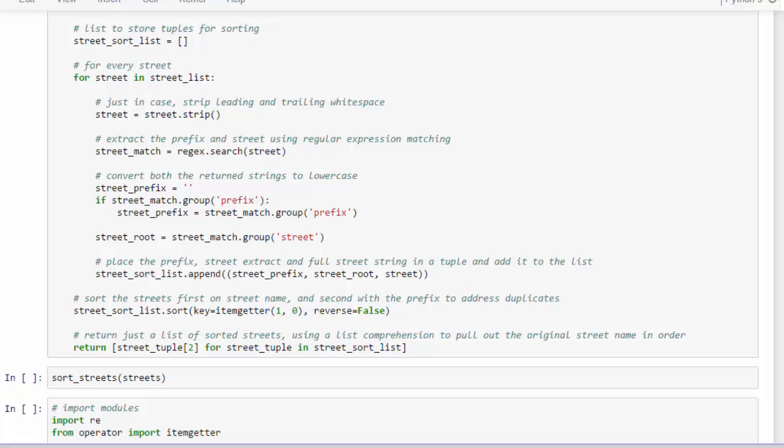And then we use a list comprehension to return the whole result as a list. But we don't want to return all the prefixes and street roots. We just want to return the full streets, and that's why we added the street to the tuple when we appended it to street sort list. So we return the third element. We could have used -1 here too, the last element of our street tuple, for each street tuple in our sort list. So let's run this